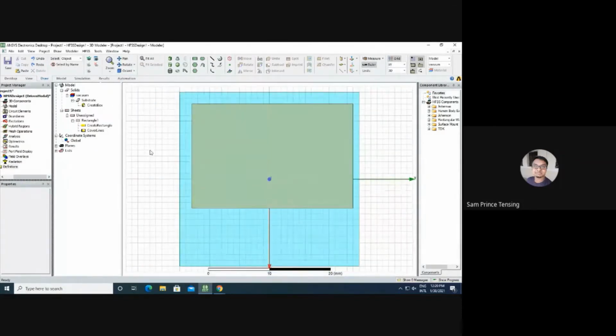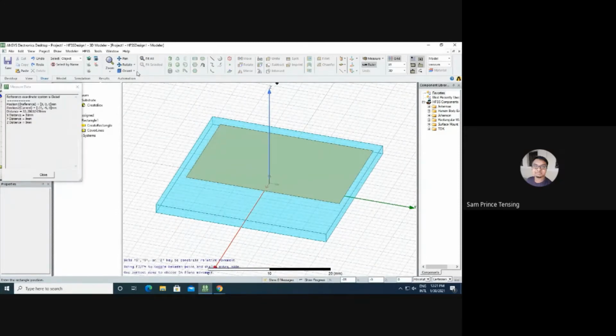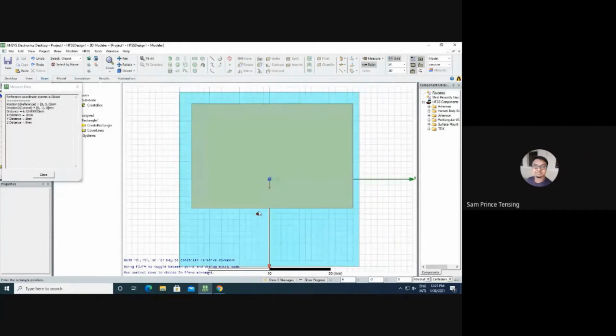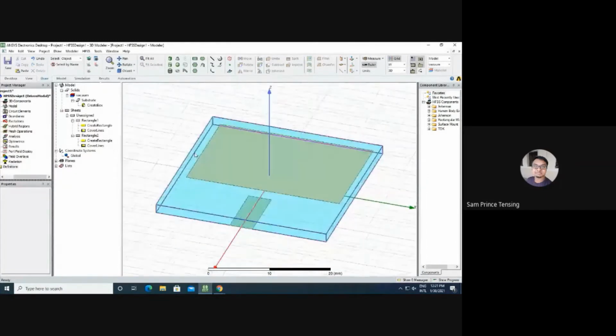Now we have to place a feed point. Generally, a radiator cannot radiate on its own. We need to give some source, some power supply. So for that, we will be drawing a strip line. From there, we will be giving the source or voltage. So I'm keeping it in the top orientation. Now we have drawn the strip. This is called the feed line. That is where we will feed the voltage, feed the power.